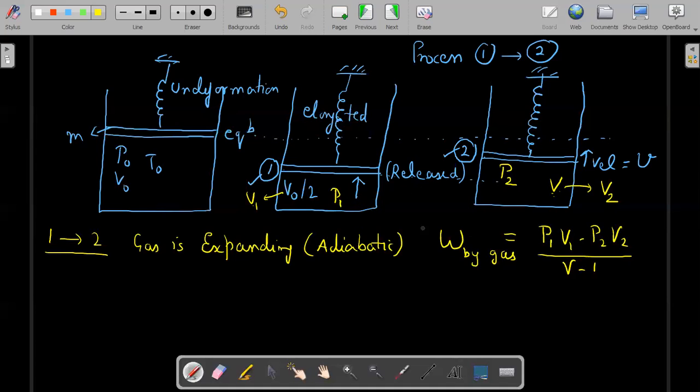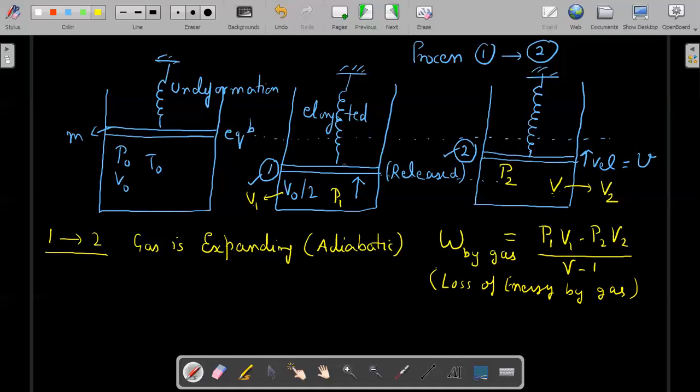So this is the work done by gas. We can calculate all these values, okay? But the logic is, we will first explain the logical part, and then we will solve the numerical values. So there is a work done by this gas, and the work done by gas means there is a loss of energy by the gas. If gas is doing a positive work, there is a loss of energy by the gas. This is the loss of energy by gas, okay?